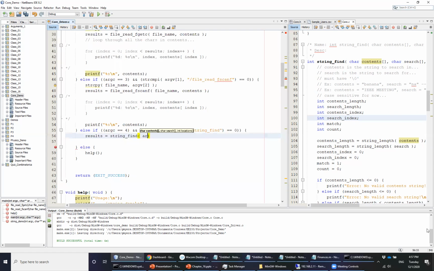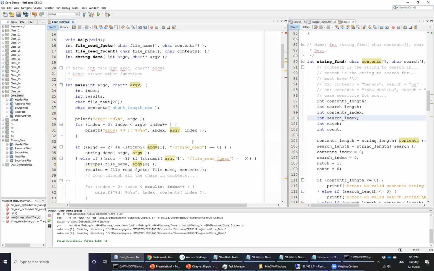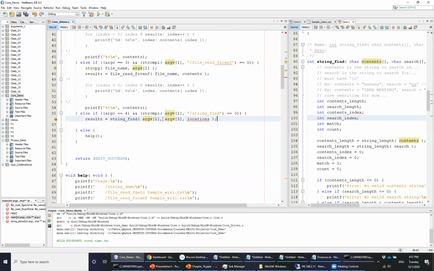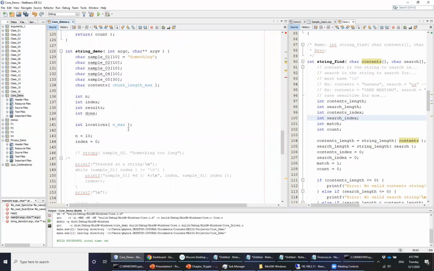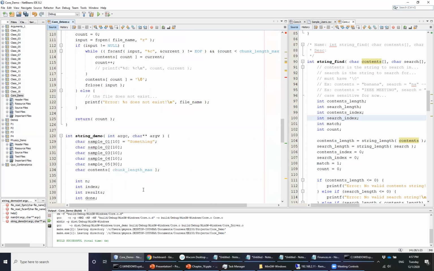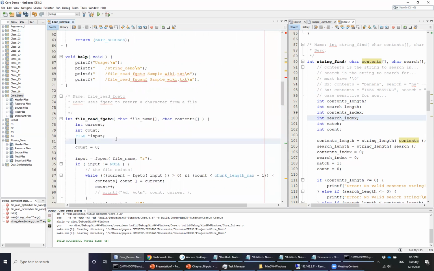And for the contents, I'm just going to pass argv2. For the search, I'm going to pass argv3. And then for the locations vector we created earlier in another video, let's see if we've got this here. Actually, I believe we may have used this inside of our string demo. So if anything, what you want to do is recreate it. So we're going to go ahead and copy this, put this in our